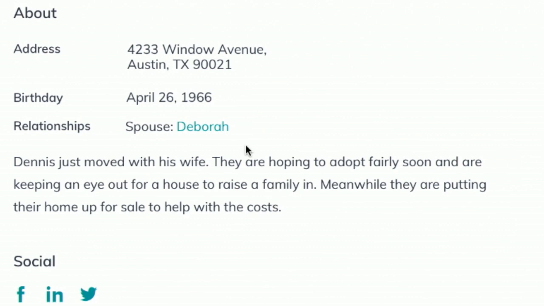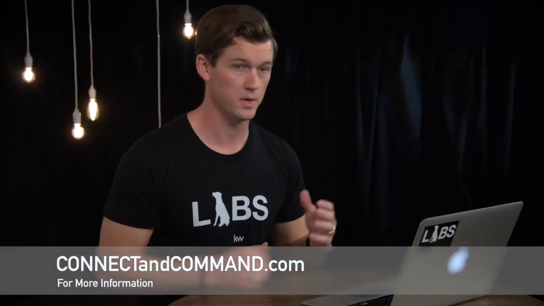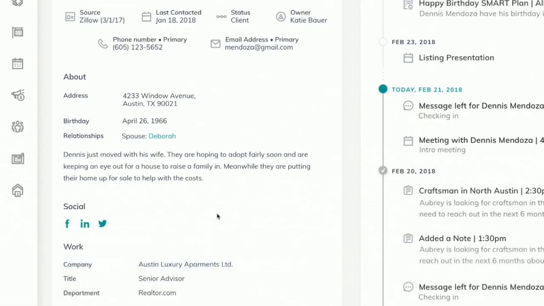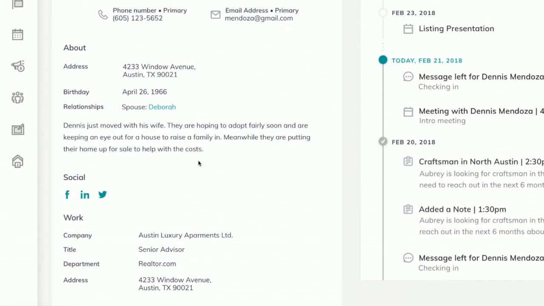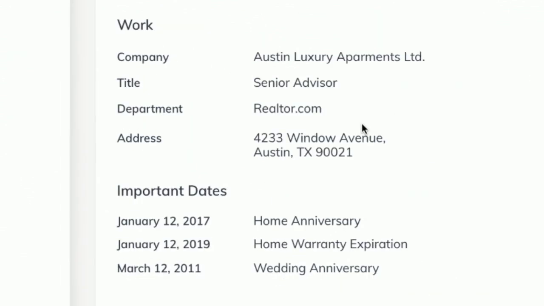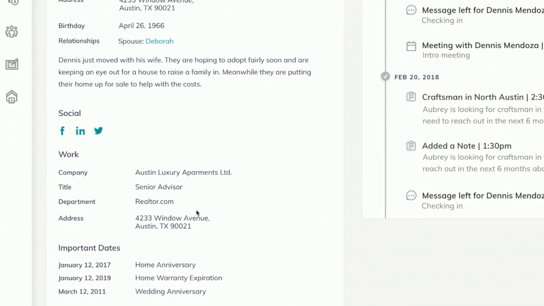So for example, Dennis Mendoza here, their spouse is Deborah, and they're going to be directly connected within the CRM. It's going to help tremendously with some of your marketing campaigns. Then we have some background info about Dennis, the social media connection, and some work information. And then lastly, we have important dates. At the same time, we are also going to give you the ability to put any custom fields that you want in here if the standard fields don't necessarily work for everything that you track in your business